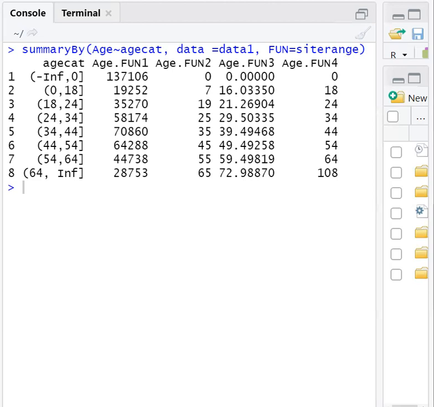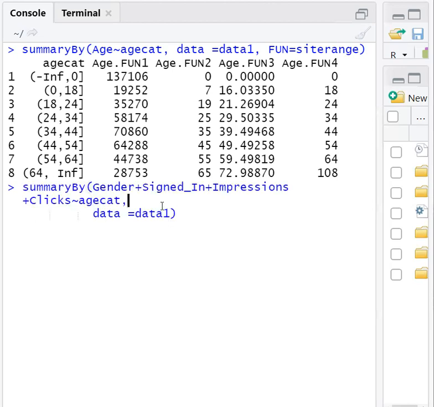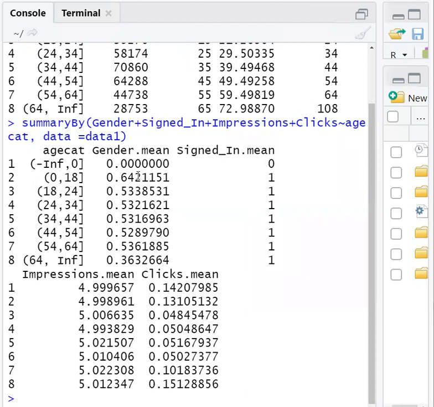Then we also used summaryBy on the other values also. So this is purely on age category. The other one is this one: gender plus signed in plus impressions.